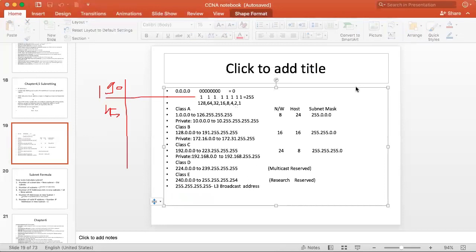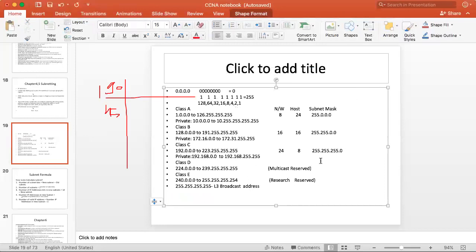Clear? Yeah. All right, so let's just stop here. That's enough for today, and we'll continue tomorrow with IP addressing. This is the most